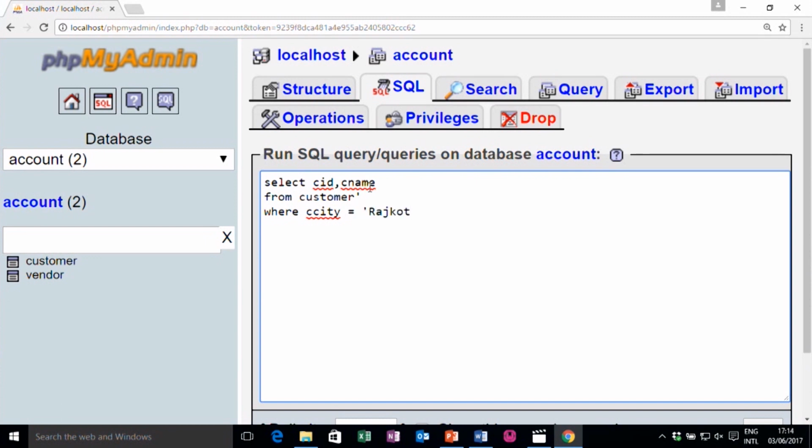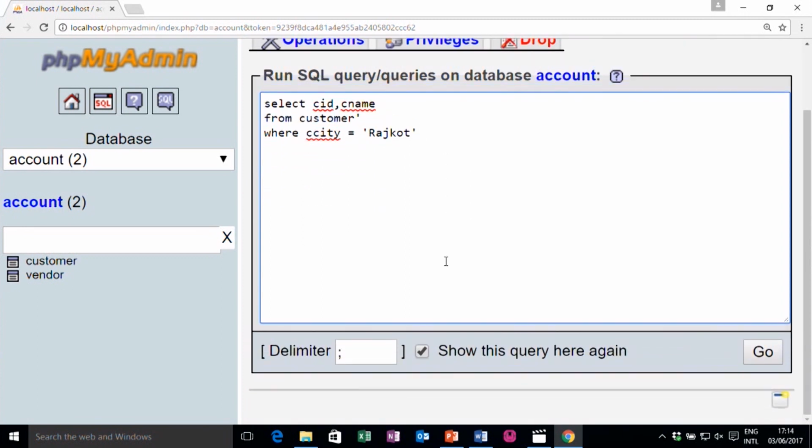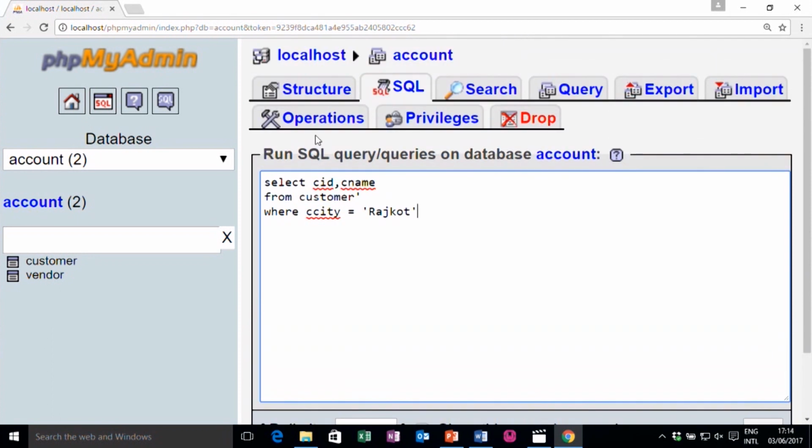So, here in select I have not mentioned the C city column, but I can still use it in the where clause because it is available in my base table. If it is not in the base table I cannot write it, but if it is in the base table I can. Generally I follow this structure: select in one line, from in another line, where in another line. That makes your code more readable as well.